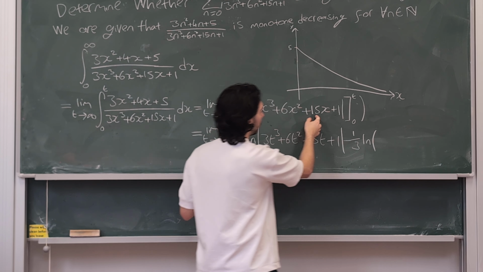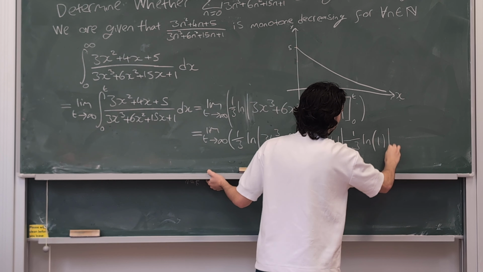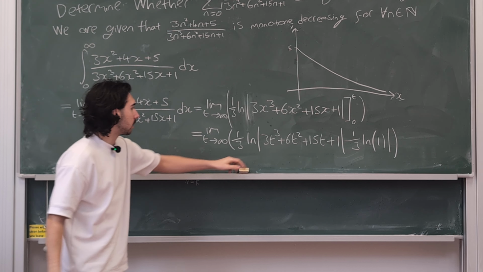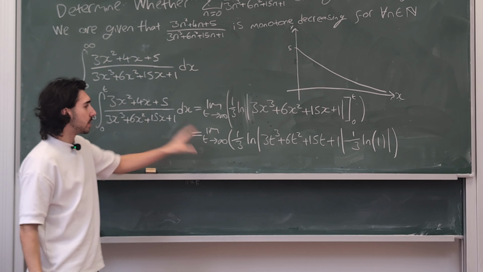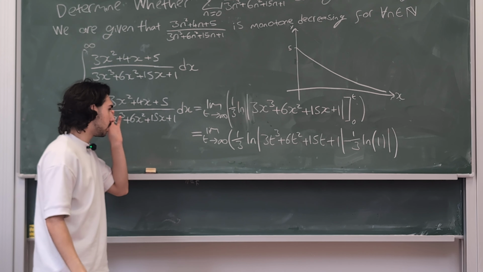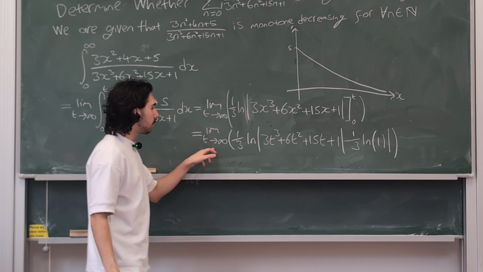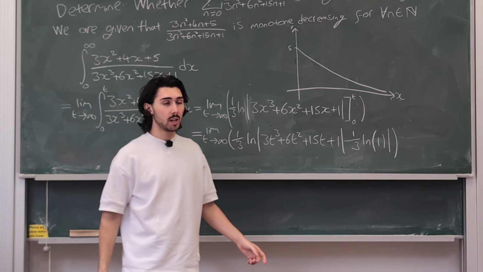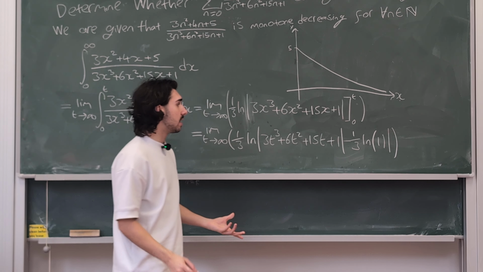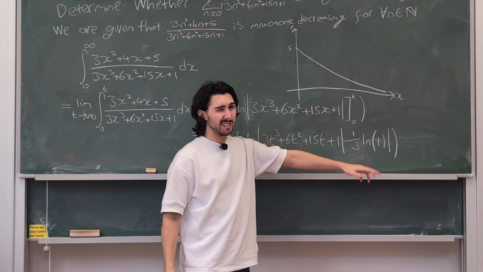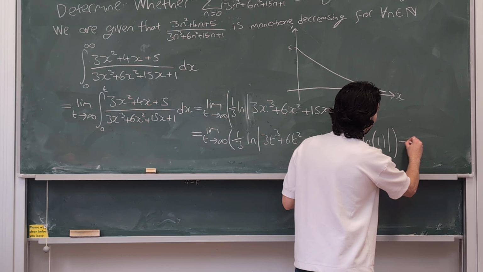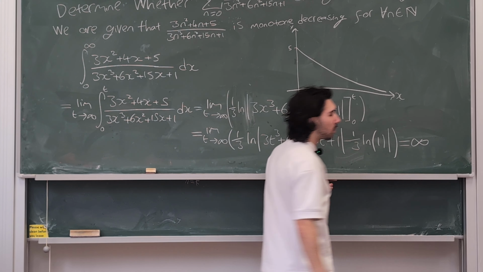So 0, 0, 0, and then we have a 1 here. Hopefully you can see this is going to be infinity. This is divergent because as t approaches infinity, this is the natural log of infinity, which is just infinity. And it doesn't matter that we're taking away the natural log of 1. The natural log of 1 is just 0 anyway, but this is indeed infinity,